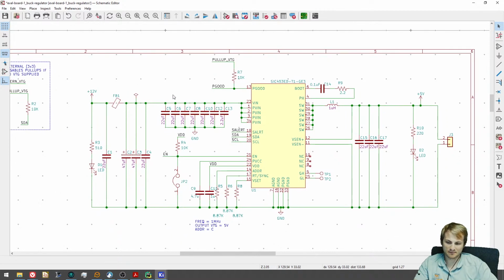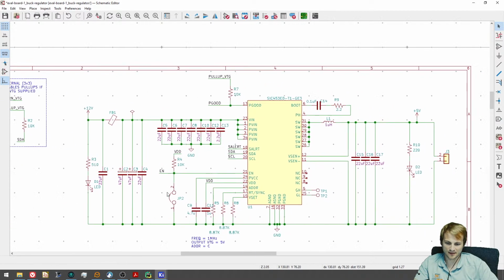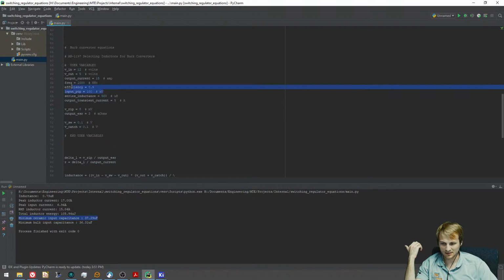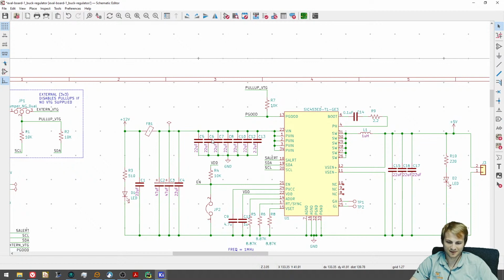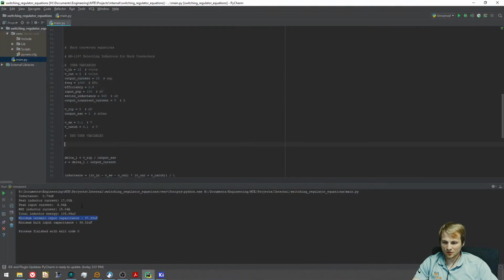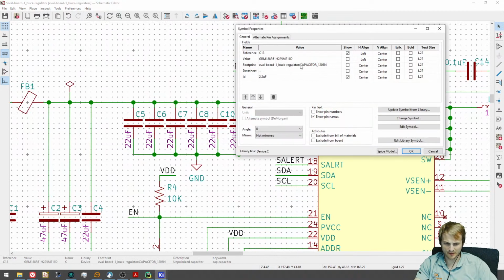The lower your peak to peak, the less noise that can be coupled back onto your input cable and radiate, or coupled to anything else on the board and get differential to common mode conversion. So the lower you can have that, the better. Normally, a rule of thumb is 100 millivolts. If you have a pi filter with an actual inductor, you can get away with a higher peak to peak, but since we just have a ferrite, 100's probably fine. So we get 37 microfarads, and since I have one 0603 here,